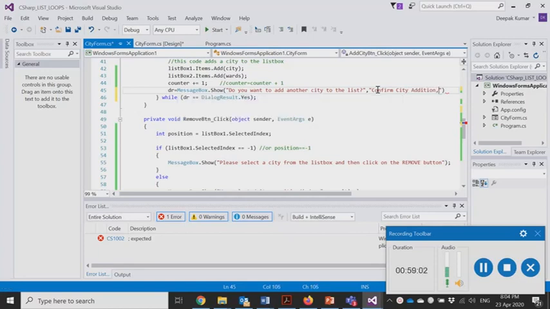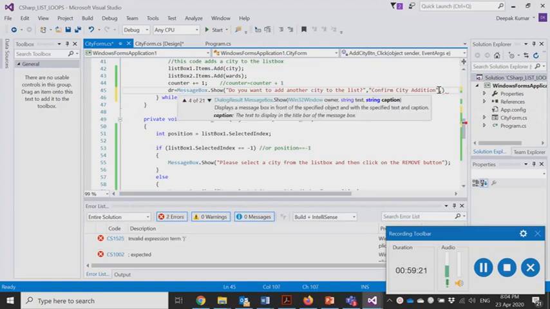The next one is going to be the buttons. So we can say MessageBox.Buttons; the caption was in the quotes here, and the next one is the button.